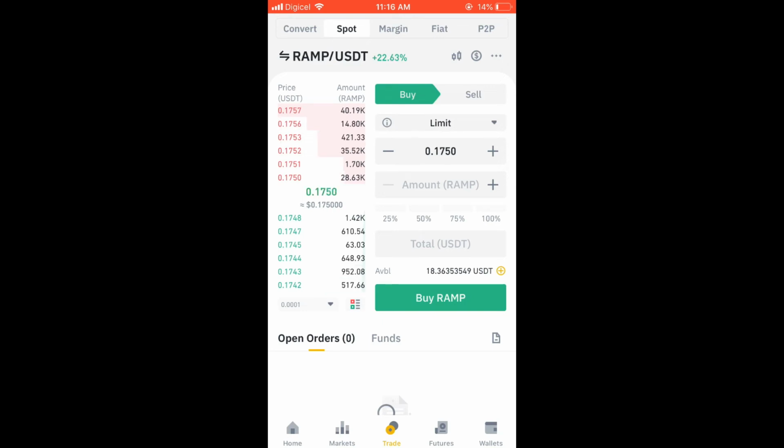You'll see the available amount of USDT right where you see 18.36 on my screen, and from there you can choose whether you want to use 50% of the money that you have, which would be $9, or 100%, which would be everything. And after you have selected the amount you're willing to spend, you're going to tap on buy Ramp,